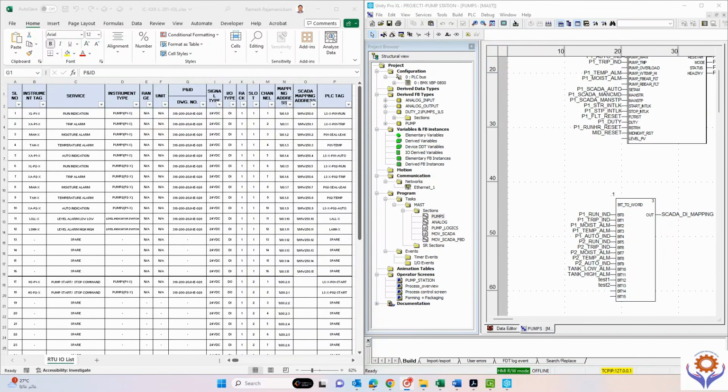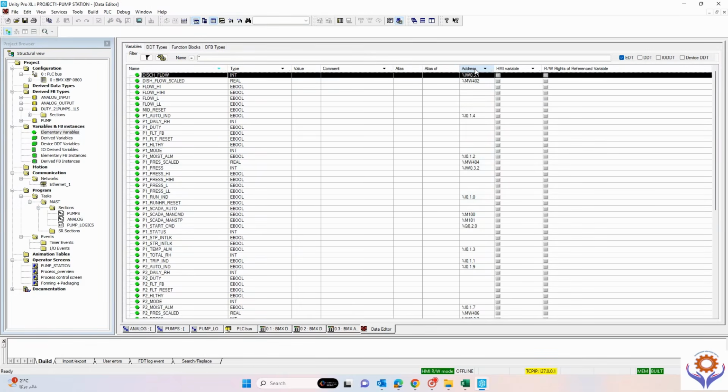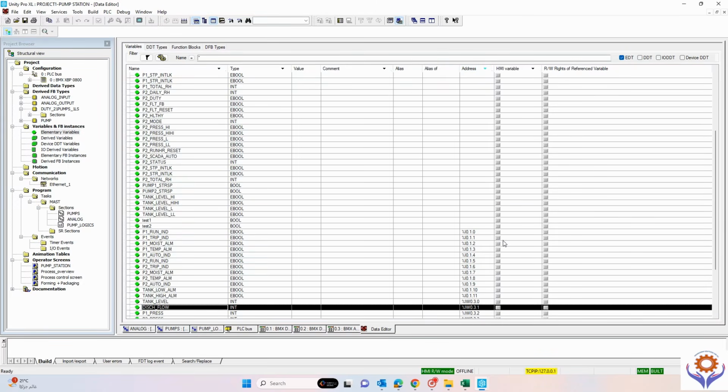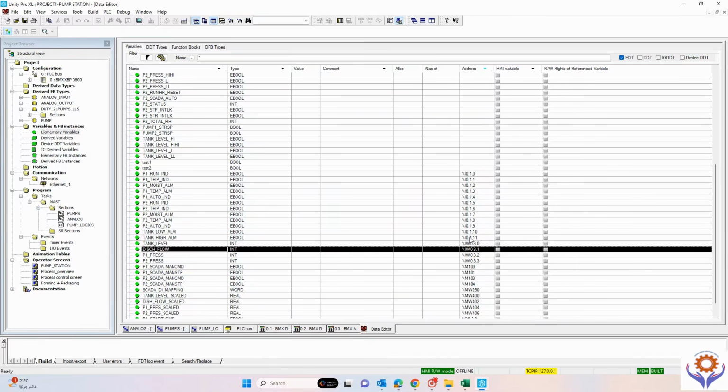If you see here, we already used bit to word. In the bit to word, run, trip, moisture, temperature, everything we added as a bit and it will be taken as a word. The word we will take as one word directly from all the bits. This is one way we can create bit to word directly. Okay, and this word you can take with one memory word directly and it will be configured in the SCADA